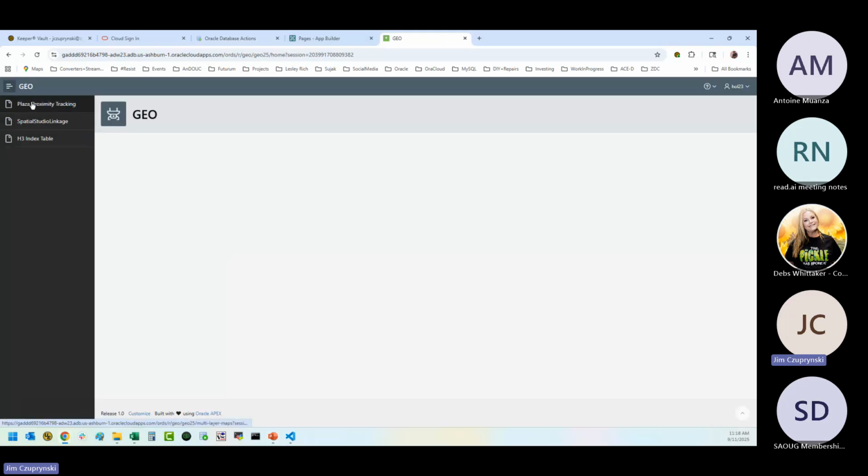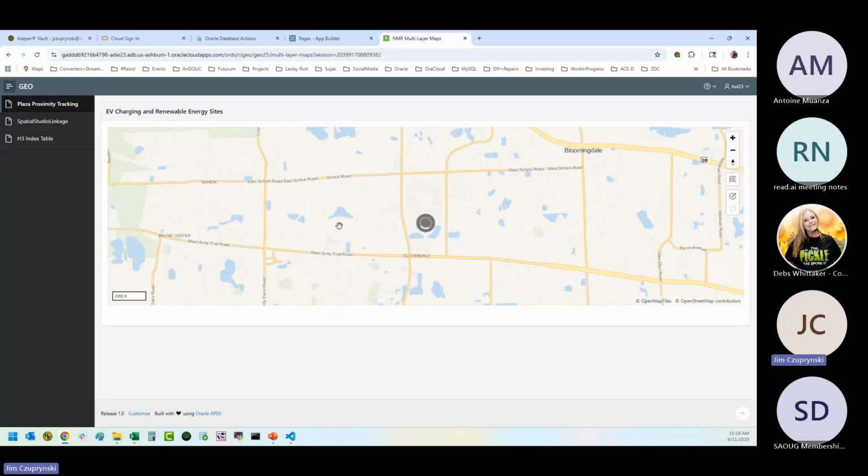And I'm just going to go over here to show you what I've got in this map that I'm going to load right now. It's around 180,000 points in a point cloud, if you will. And what points are these? Well, solar or photovoltaic arrays, wind turbines, and EV charging stations with a different color scheme.